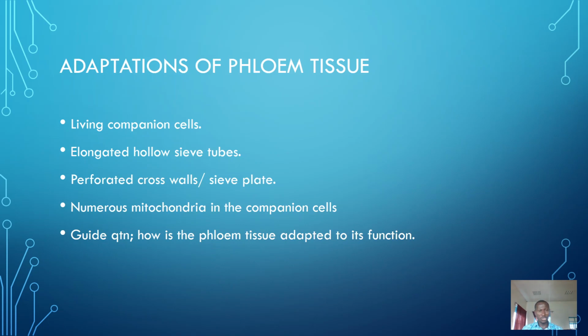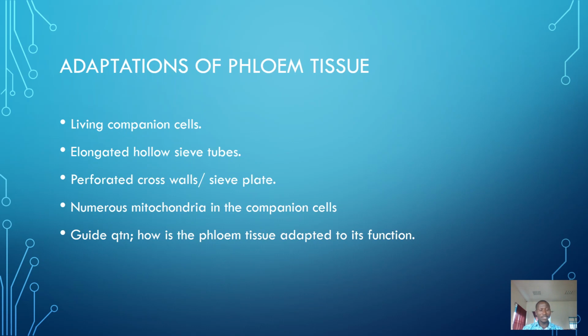Adaptations of this phloem tissue: they have living companion cells to give support to the sieve tube. Then they have an elongated hollow sieve tube to provide a space or a tube for transportation of manufactured food. Perforated with cross walls, a sieve plate, to allow movement of manufactured food from one cell to the next phloem cell. Then they have numerous mitochondria in the companion cell for the active loading or pumping of manufactured food into the sieve